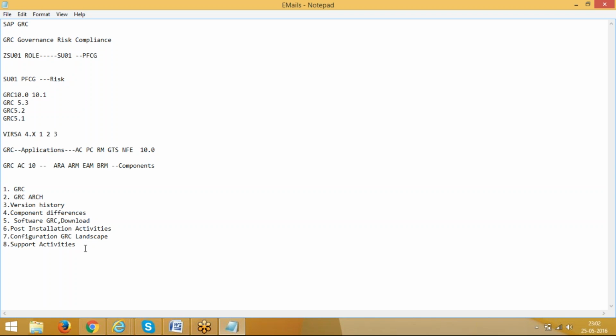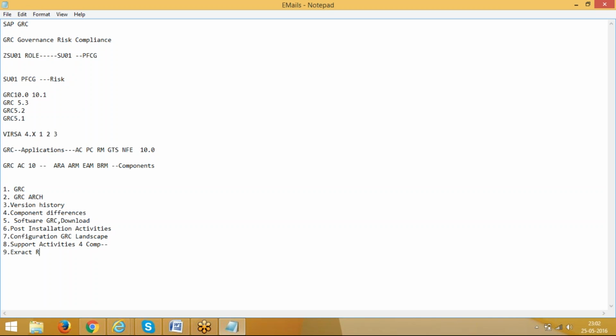Next we have the support activities, the support activities of all the 4 components. If you listen to this 8th step, support activities of 4 components, then if you are in a support project, you will be able to support this. And for the configuration, if you are a GRC administrator, you will be able to support the configurations of this GRC. Next we will discuss how we are going to extract the log report,